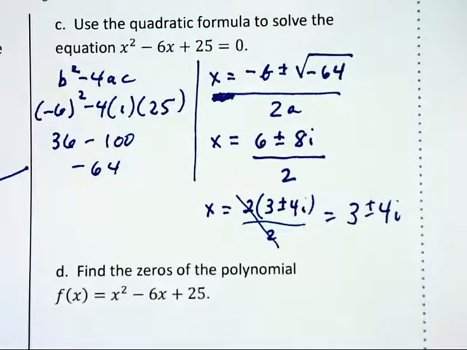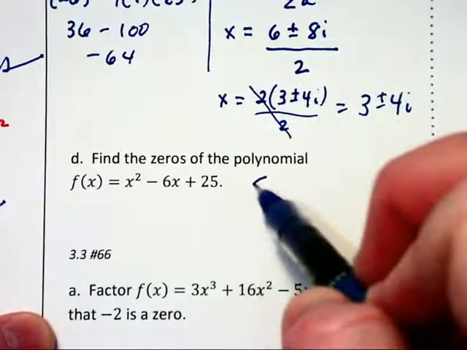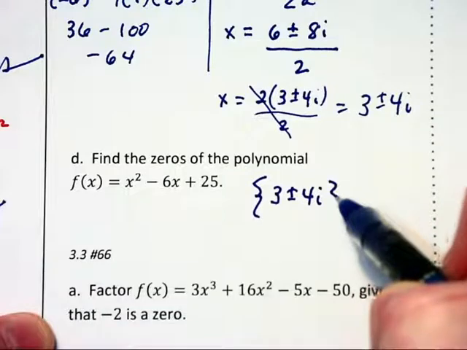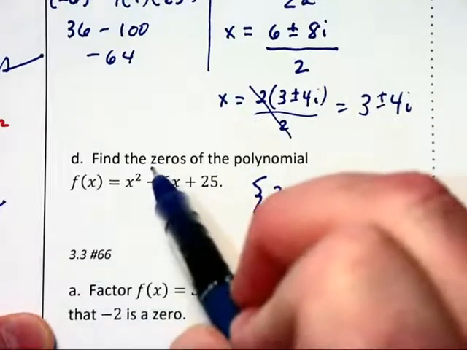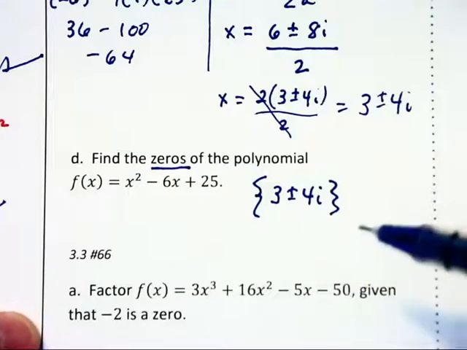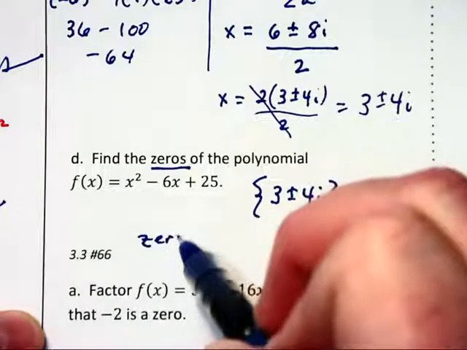Find the zeros of the polynomial. Well, we're just working on vocabulary here, and the zeros will be 3 plus and minus 4i. So the word zeros is the same as x-intercepts, is the same as solution to the problem. So let me write that out. Zeros,